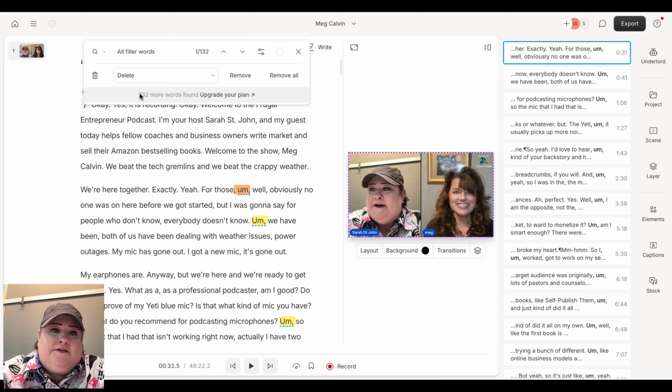Or now here it says 232 more words found. Upgrade your plan. I'm on the $15 a month plan, but if you get the $30 a month plan, you can get filler words removed, like the word like and you know. The problem though I find with that is there are sometimes where you have to use the word like or you know. For example, let's say you're saying, you know that time when, that's not a you know that